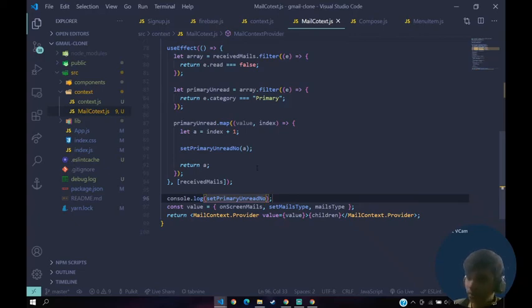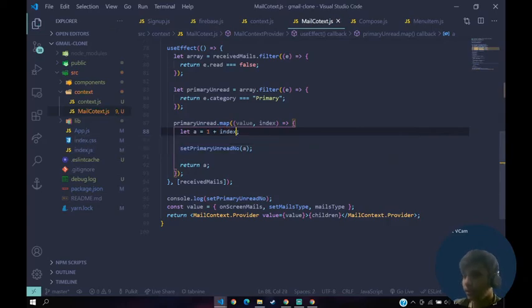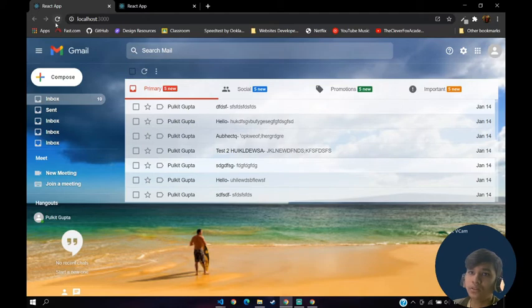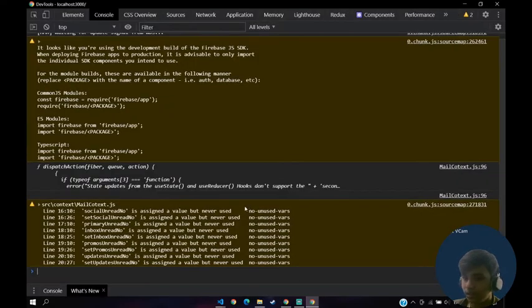Primary 100 dot map value index, console log let a is equal to... why is this an error? If we say it this way, 1 plus index, save that. Now if we go back to our application, let's have a refresh.